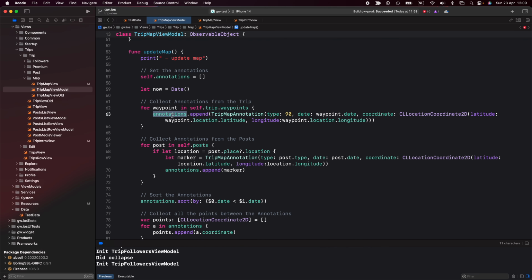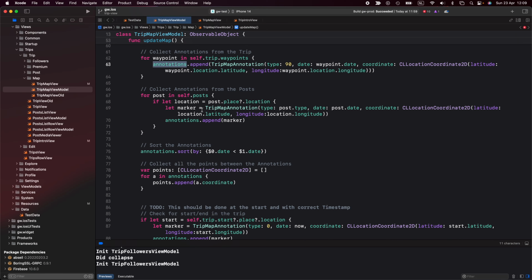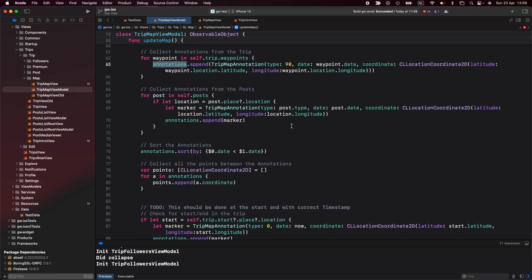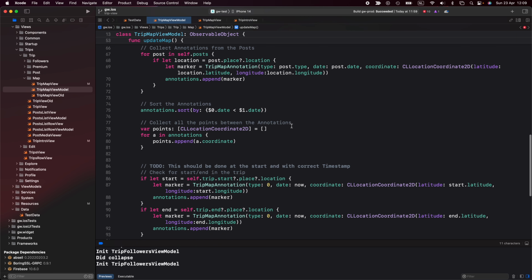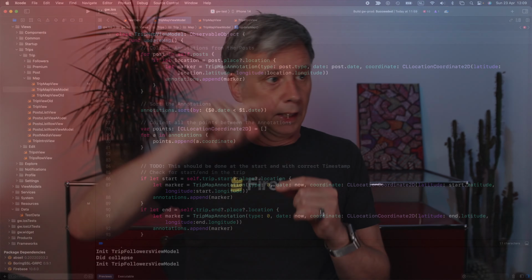So I collect the waypoints for my trip. My trip can have waypoints, and I created nice annotations for that. I create the post. Every post has a location, also an annotation. Currently they're still the same, but I can manipulate the type of the annotation, so I can show different symbols for a waypoint. And actually I do that, or in the old map I do that. Then I need to sort them so they're in chronological order, and I can draw a line between them, so